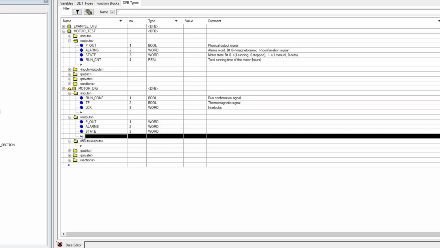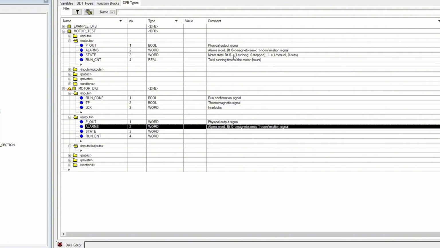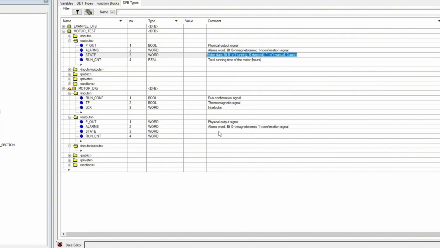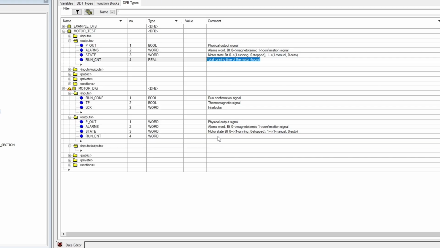We have decided to use the word type instead of multiple Boolean variables for reasons of cleanliness and efficiency. This way, we avoid cluttering the right side of our block with dozens of pins, maintaining a much more compact and professional design. Furthermore, this greatly facilitates communication with the monitoring system by sending all the information grouped into a